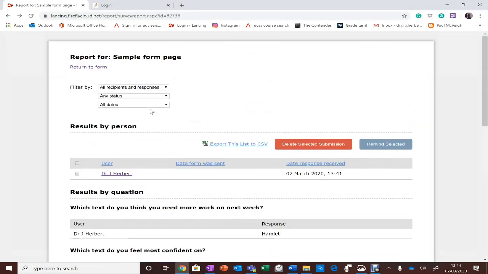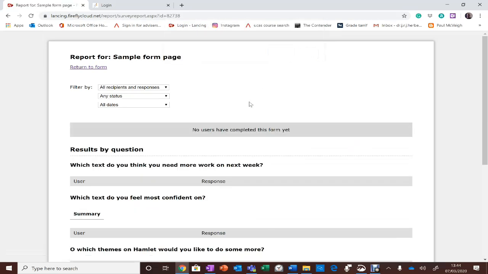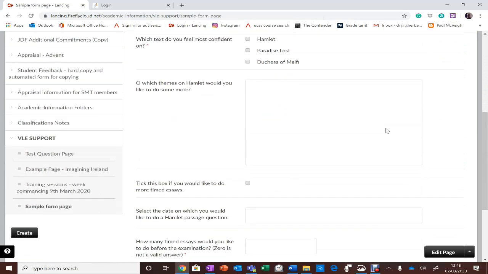When I'm done here with this, I'll just click Return to the form. But before I do that, if I'm happy with it, I will click myself as a user, having test-driven it, and I will delete my own submission from there so it doesn't corrupt any later information. Then I'm going to return to the form. So now I may just go back to Edit Page,